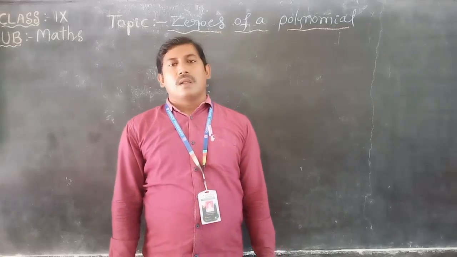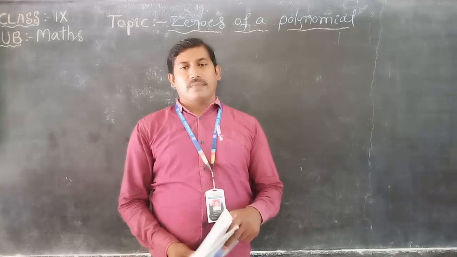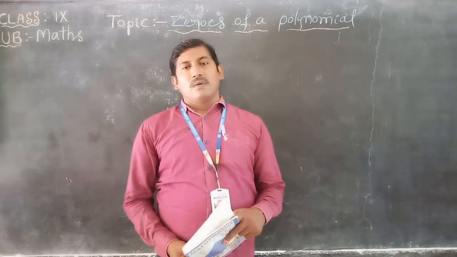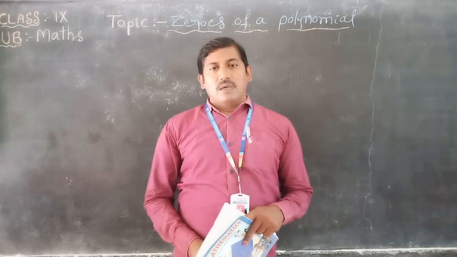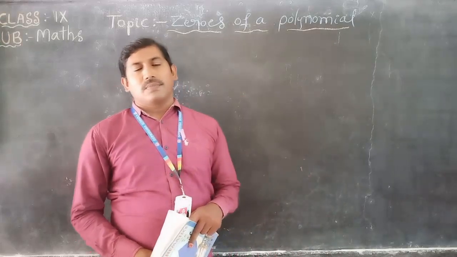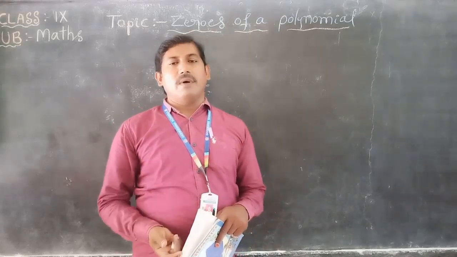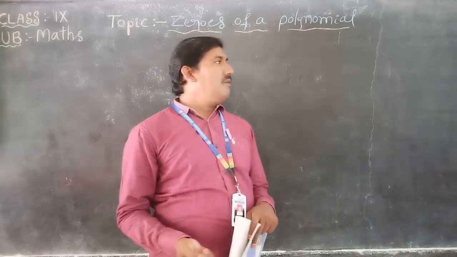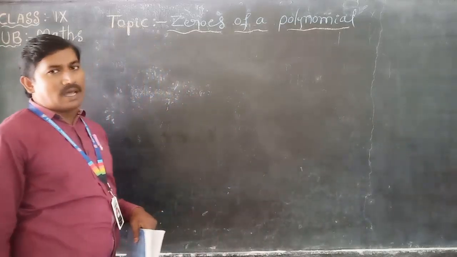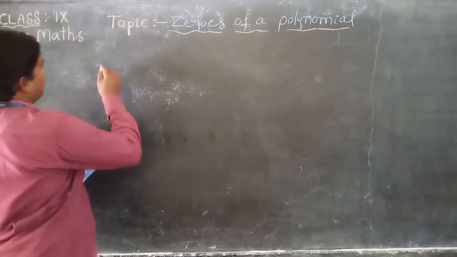Students, last class we discussed degrees of a polynomial and types of a polynomial. Today we will discuss zeros of a polynomial. In a polynomial, we can substitute any number in place of the variable, and then we will get the value of the polynomial. See, here p of x is equal